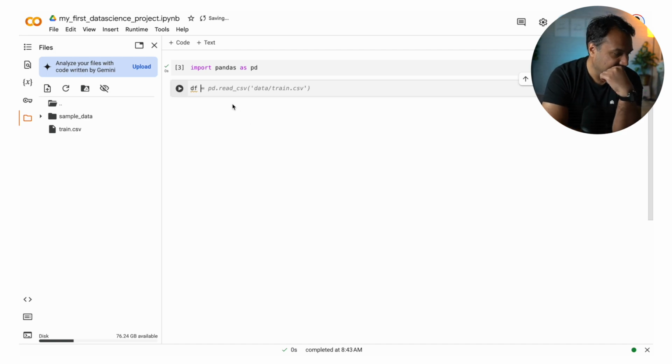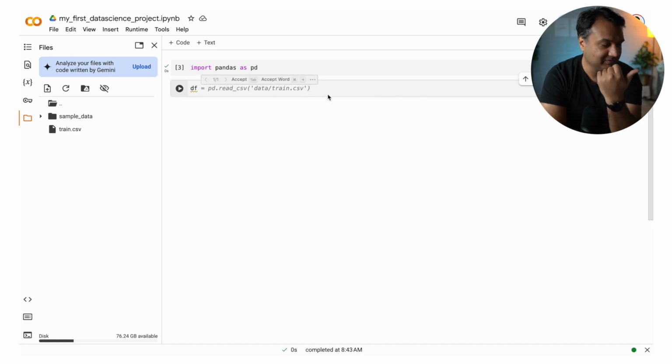And when you look here, what is interesting is it already sees that I have imported train.csv and I have imported pandas. So most likely I want to read it. And it has written the code for me almost.